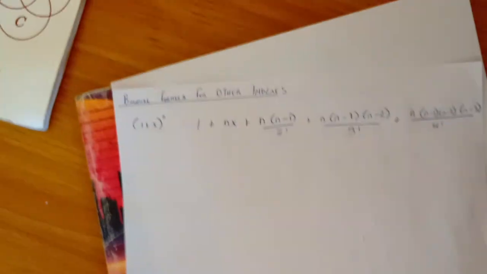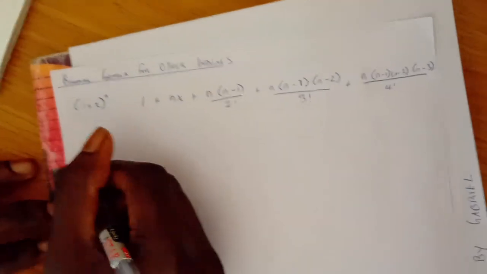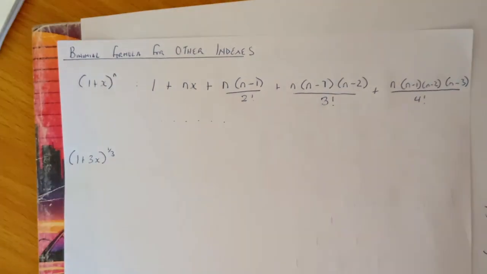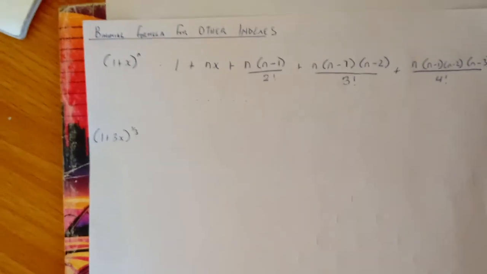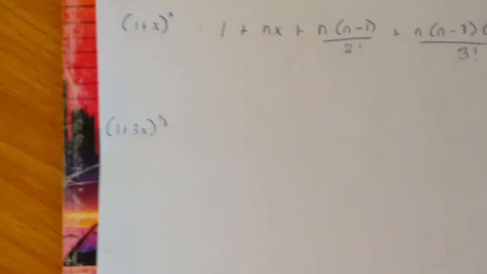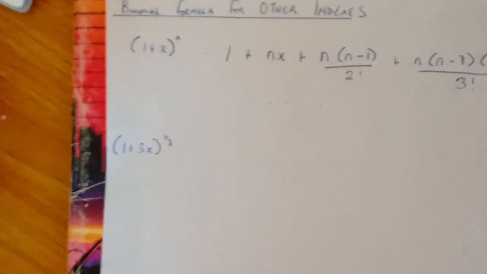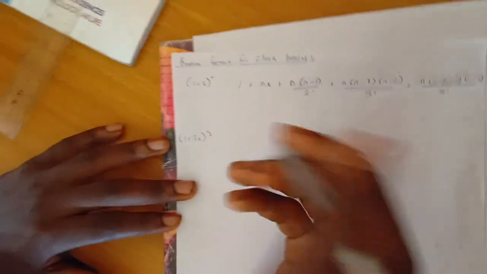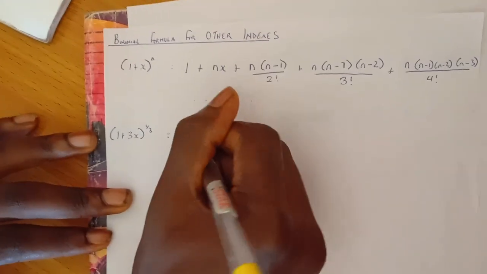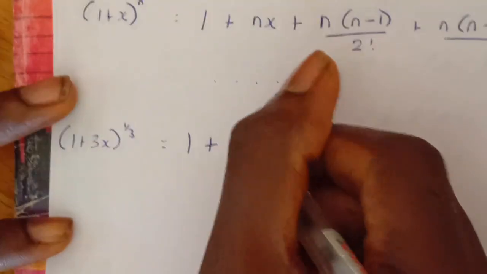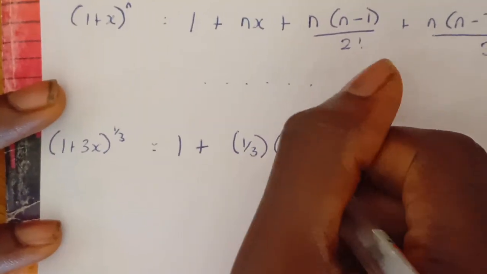So let's imagine we have an expression, 1 plus 3x raised to the power of 1 over 3, and we were asked to find the second term now. So without stressing myself now, I can just do this. According to the formula, 1 plus nx, as 1 over 3 is multiplying 3x,